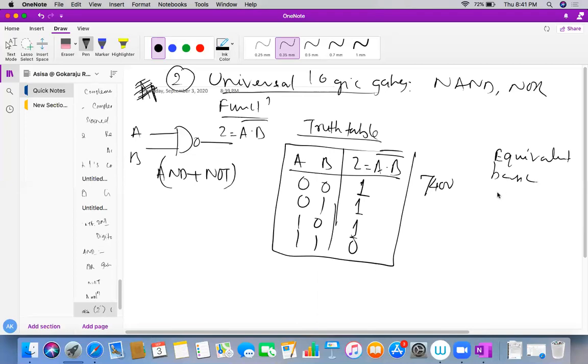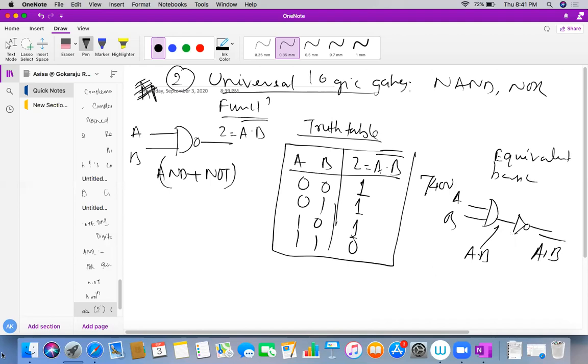Yes, we can design it: an AND gate followed by a NOT gate. So this is A, B, and the output is (A and B) bar. I am just running behind, nothing else. I want to finish this quickly so that we can move to the next important part of our syllabus. Do you all understand the concepts? I'm just refreshing your minds, you have known about it.